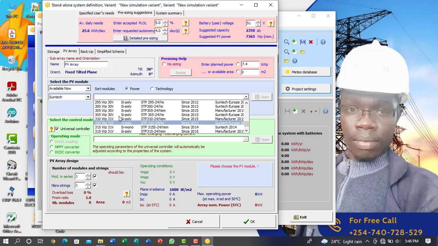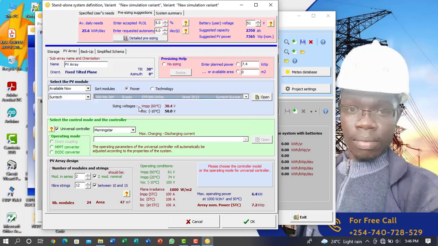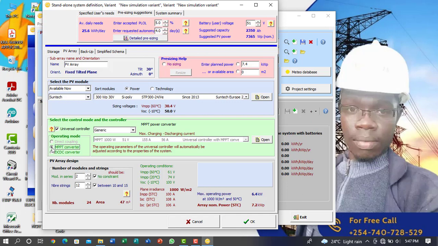Maybe I want to use a 300 watts 30 volts polycrystalline. So let me choose that. After choosing this, it's telling us to choose the controller model or the operating mode for the universal controller. There is one we are just going to choose at this point, and I always like using MPPT